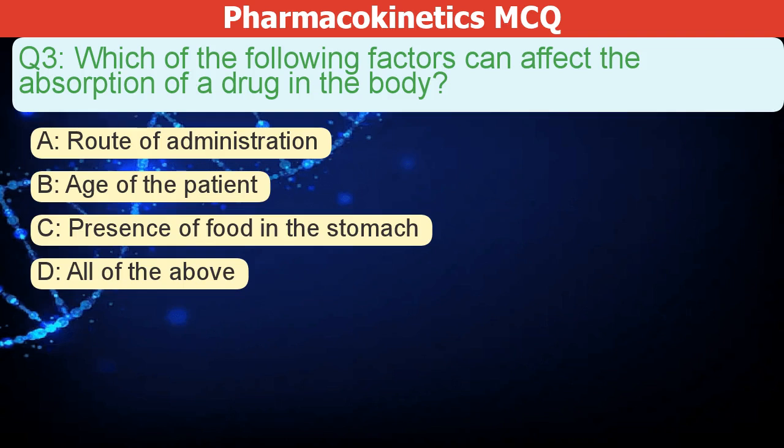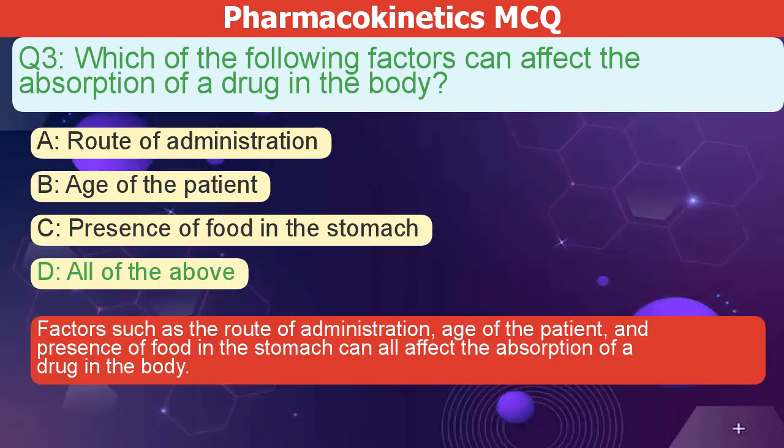Which of the following factors can affect drug absorption in the body? A. Route of administration. B. Age of the patient. C. Presence of food in the stomach. D. All of the above. The correct answer is D. Factors such as the route of administration, age of the patient, and the presence of food in the stomach can